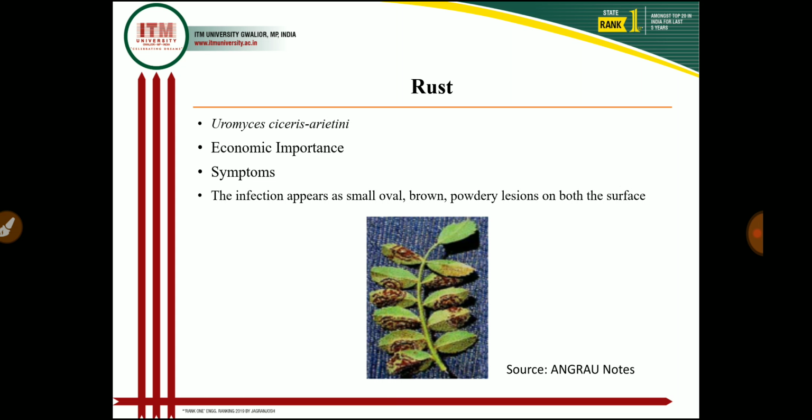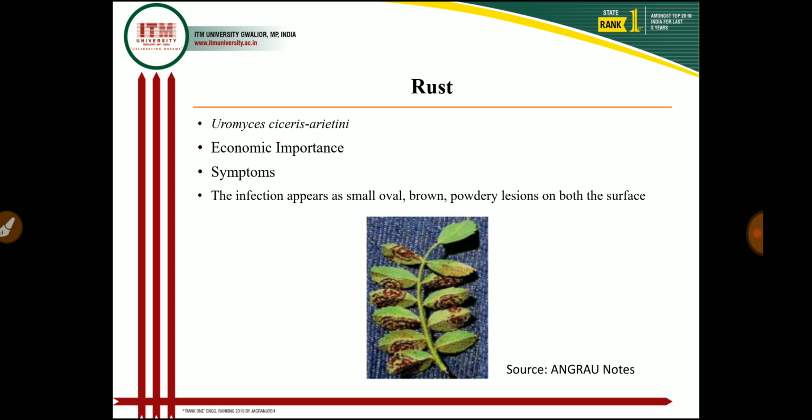And mostly these diseases are prevalent in Madhya Pradesh. Then in the symptoms part, the infection appears as a small oval brown powdery lesion on both surfaces of the leaf. As you know, if we consider the typical rust symptoms, an orange or brown colored pustule appears firstly on the lower surface of the leaf. When a severe condition occurs, then these pustules are present on the upper surface of the leaf as well as the stem